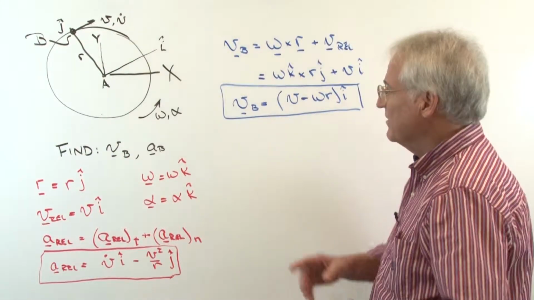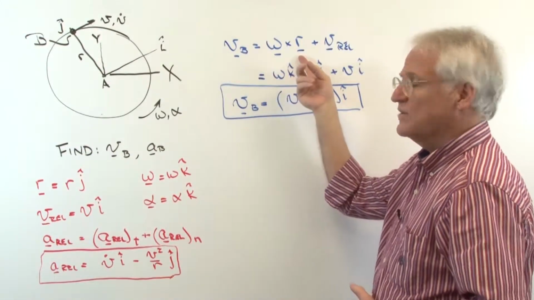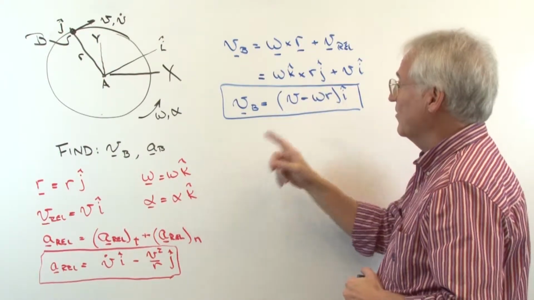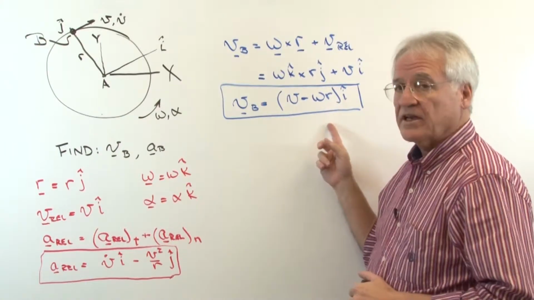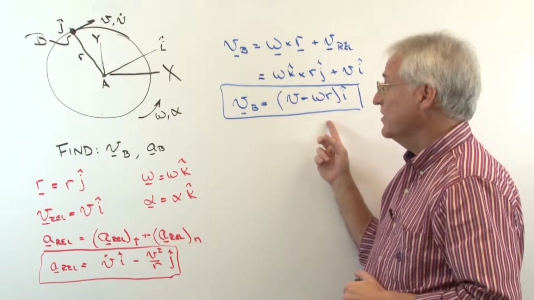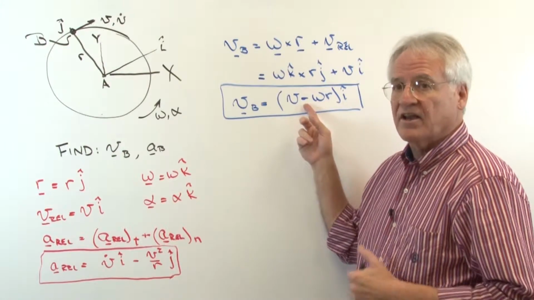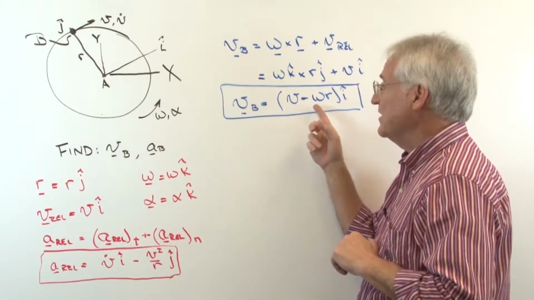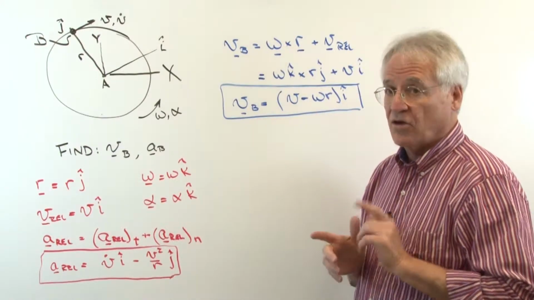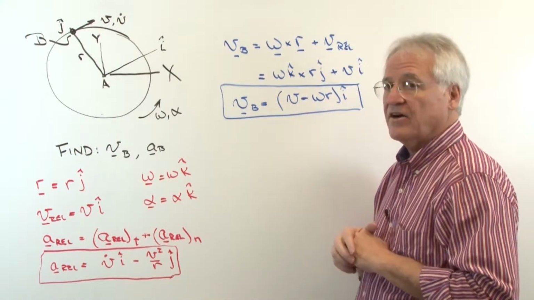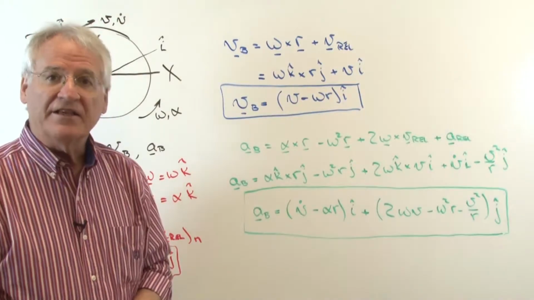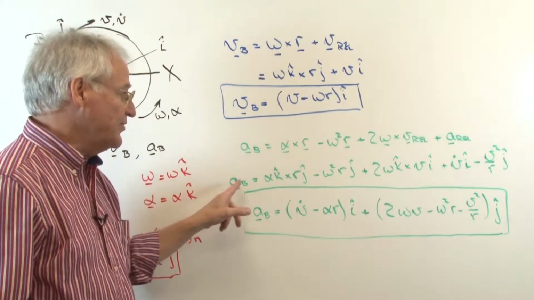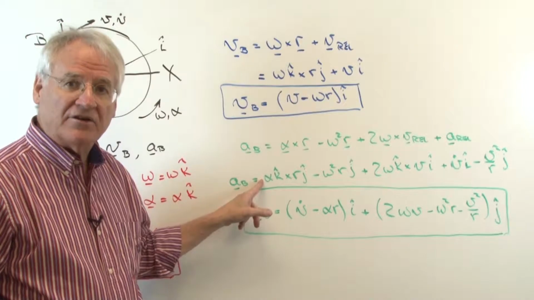All right, solving for the velocity of B is omega cross r plus v_rel. We simply substitute in our known values, and you quickly come to the result shown here in the box. The velocity of the point with respect to the ground is v minus omega r, all scalars, v minus omega r times i hat. To find the accelerations, we use the familiar acceleration formula,